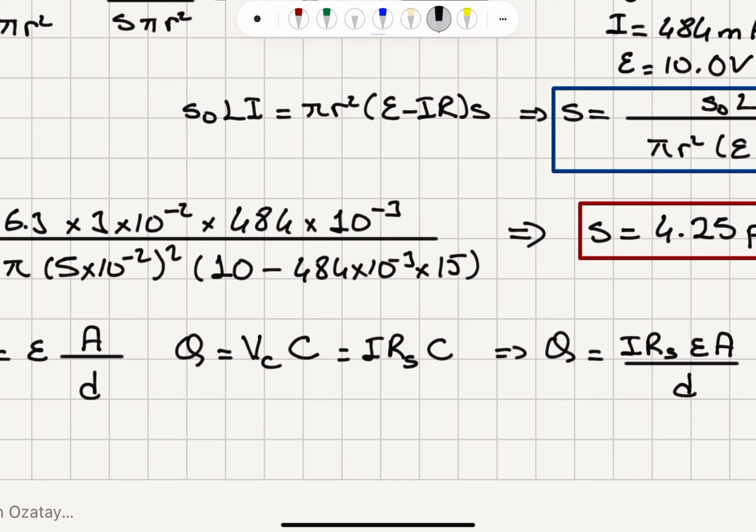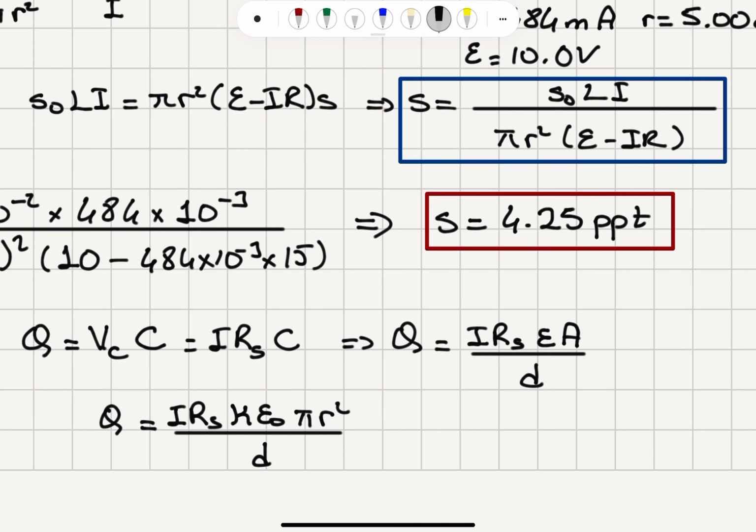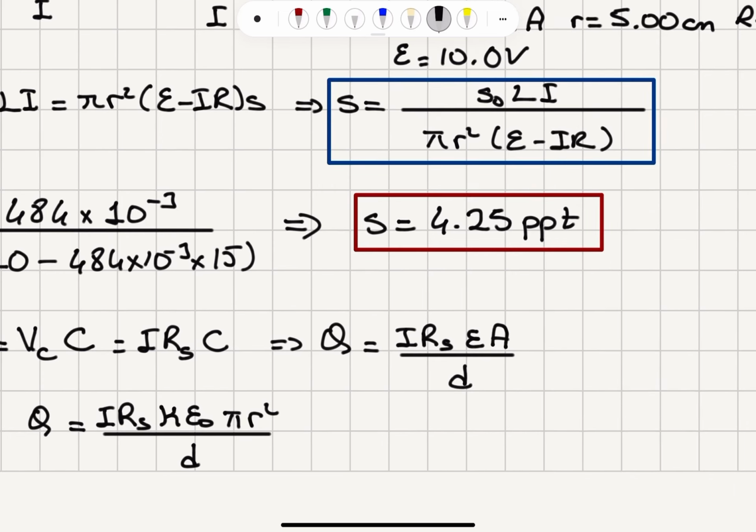So this gives me Q is equal to IRs, where epsilon is the dielectric constant kappa times permittivity of free space, pi r square is the area divided by the distance between the upper and the lower plates, and I finally obtain Q is equal to